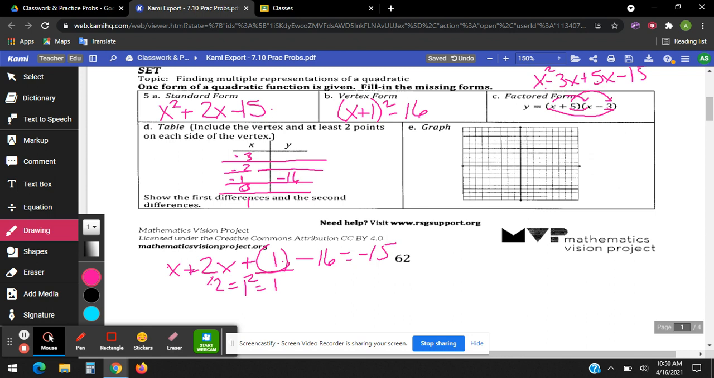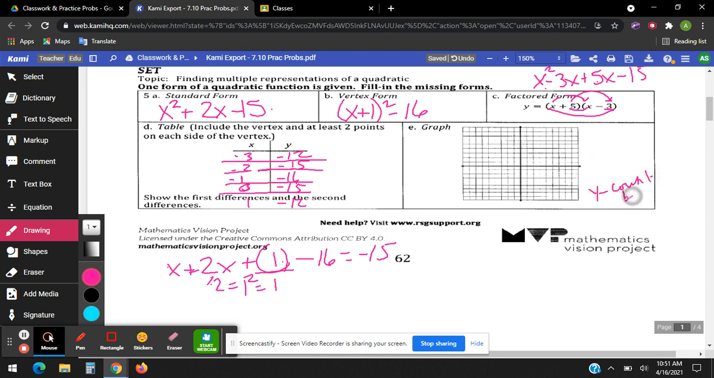And then, if I do 0 plus 1 is 1 squared. 1 minus 16 is negative 15. And if I do 1 plus 1, that's 2 squared, which is 4. 4 minus 16 is negative 12, which means I probably want to count by 2's on this one, at least on the y's. So if I go, let's say y's,